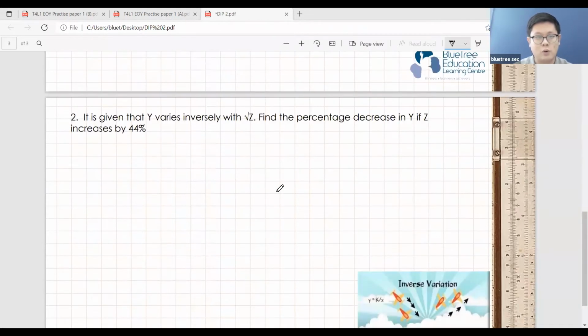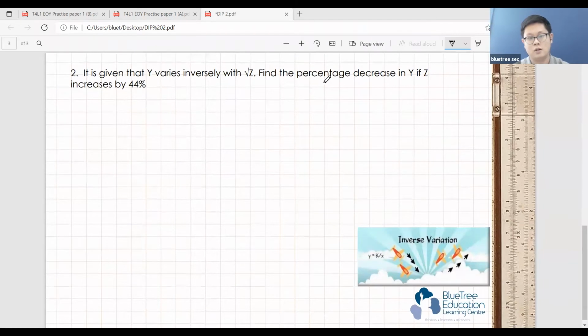So for today, for question 2, we are going to cover very common questions that students will tend to ask me. And these kind of questions typically are pretty short because they don't give much things. And because there's quite a lot of unknowns, they actually cause students to be pretty confused about it. Okay. So we are going to first generally cover the idea that whenever they give you such a